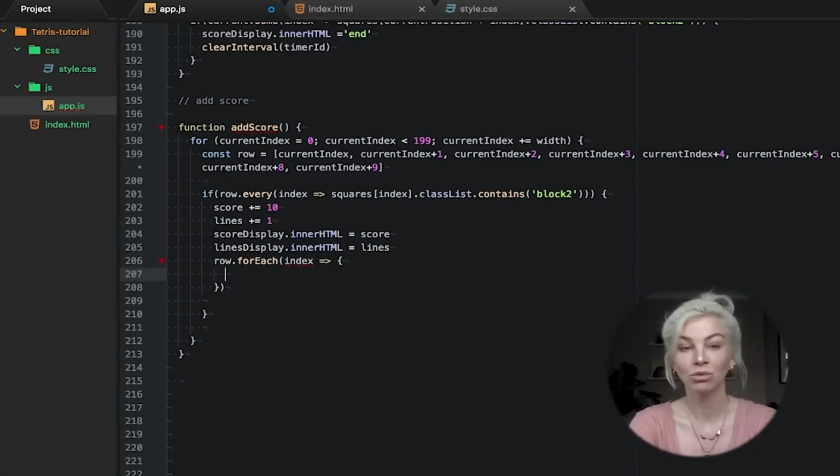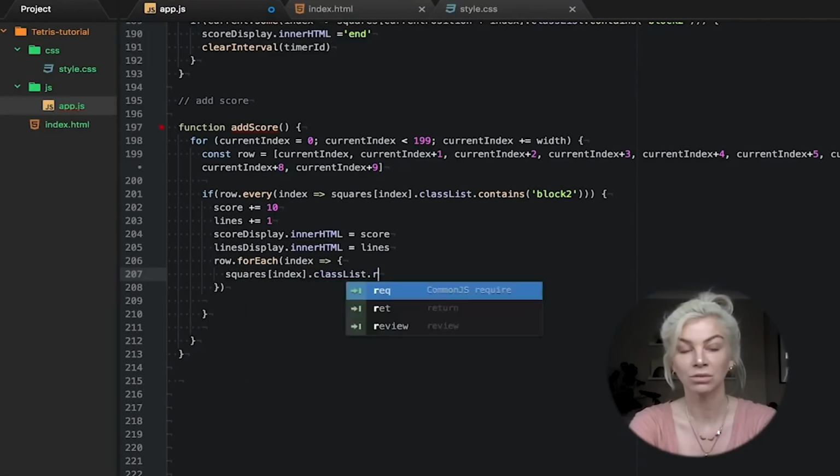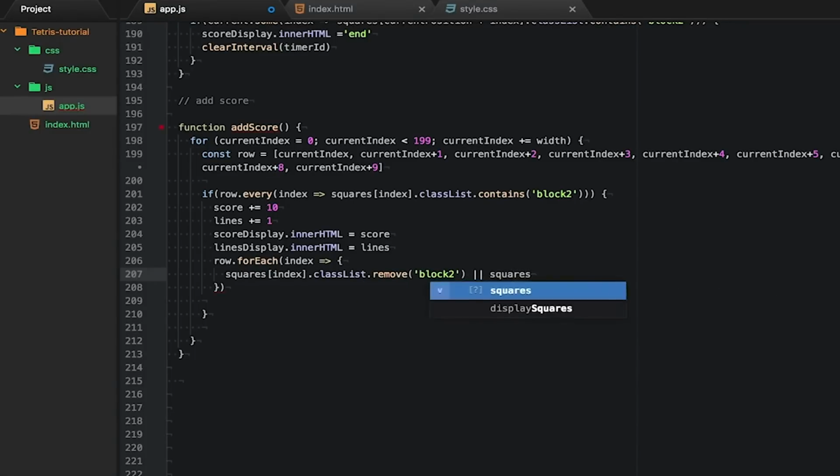Finally, we need to get rid of the row, just like in Tetris, once we have added the score on the line. We will do so using remove. Now to move the removed row down one, we will use splice. Splice will cut out the current index we're at plus our defined width of 10, so in other words, the whole row.